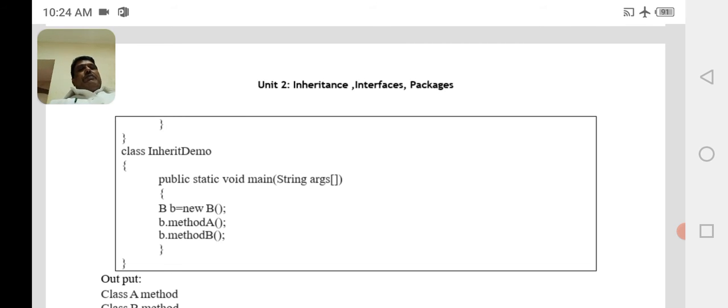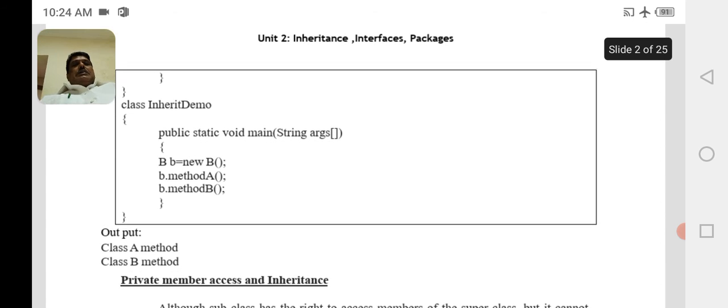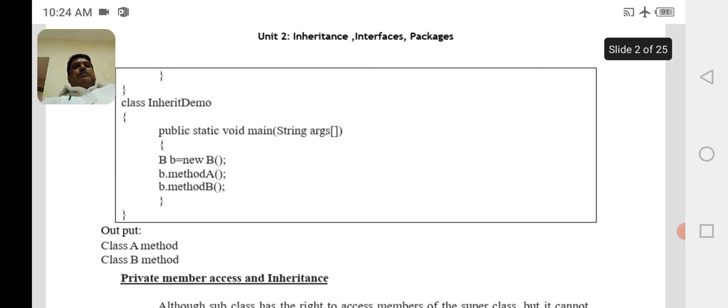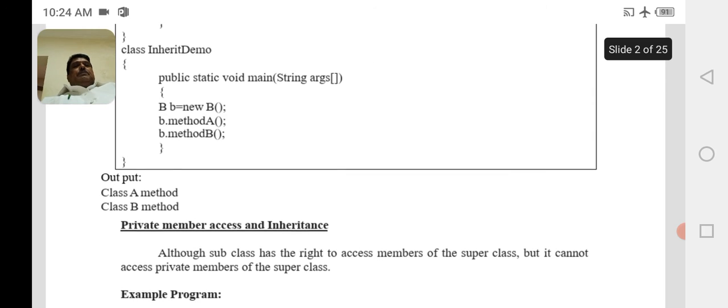With this object reference variable you can call the methods present in the superclass and the methods present in the subclass: b.methodA() and b.methodB(). Executing this program, we get the output: class A method, and below that, class B method.